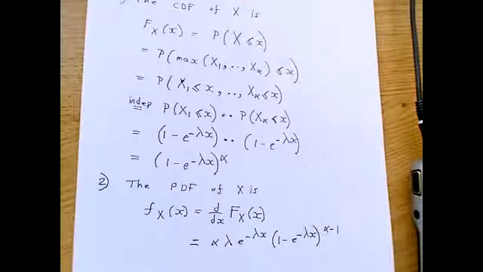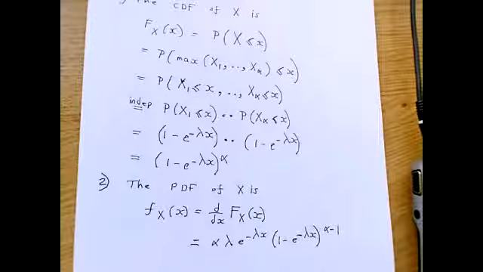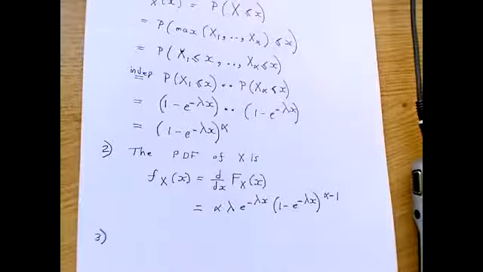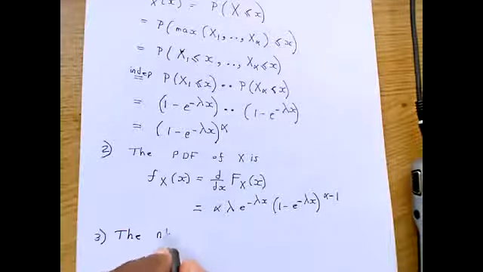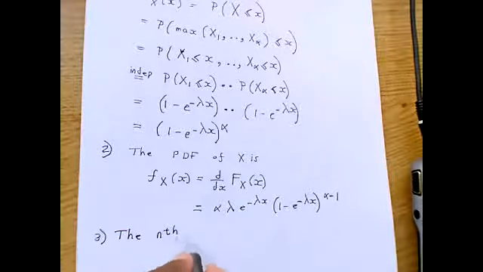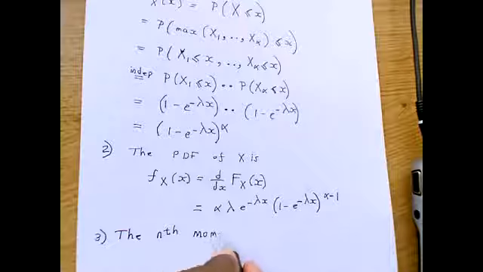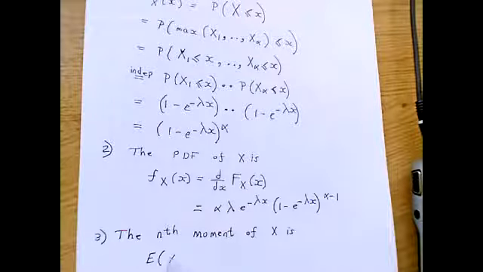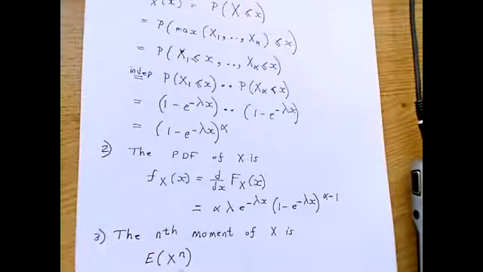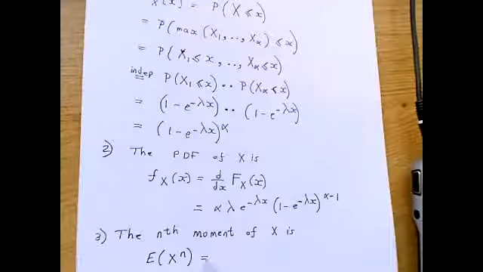The third part is to find the nth moment. When I say the nth moment, I think I might have explained this, or maybe not, I don't know. In either case, the nth moment of X is basically the expected value of X to the power n. This is what I mean by the nth moment of X, right? So this will be the integral from 0 to infinity of